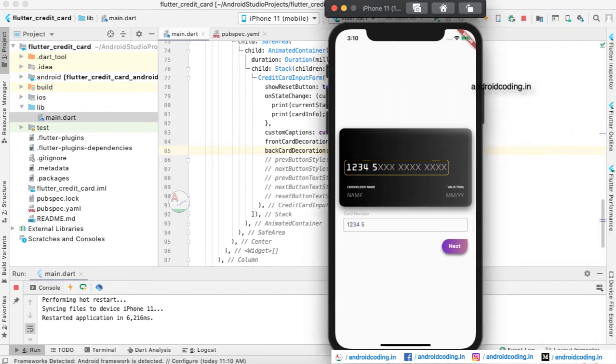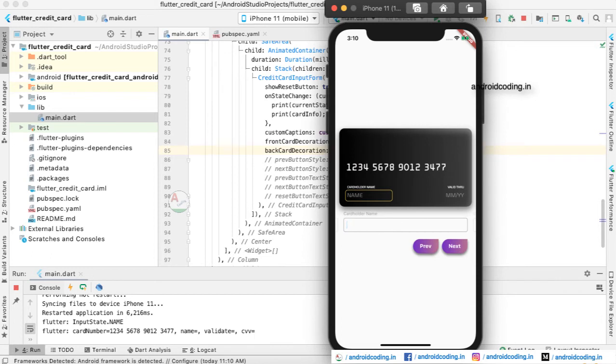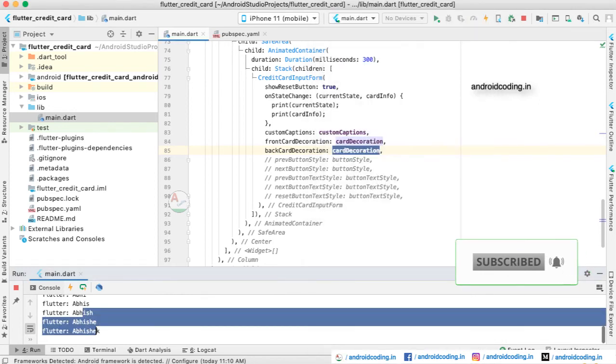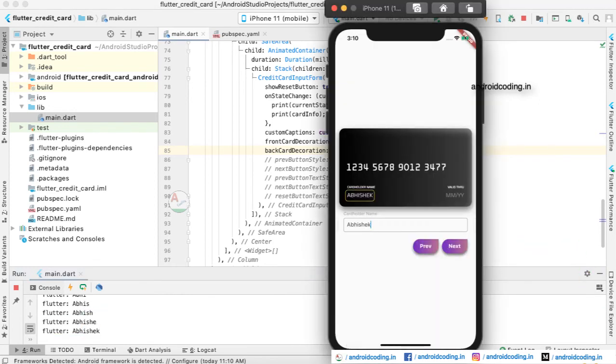So let us try to enter a sample card number here, and when you enter the card number and click on the next button, you will be asked for the name. You can see this yellow color holds the placeholder kind of thing, so that particular field you are trying to enter now. Here also you can see the output, what you are typing, and you can provide your own validations based on the output. When you tap on next, you will be guided to the valid through date, and provide whatever date you want.